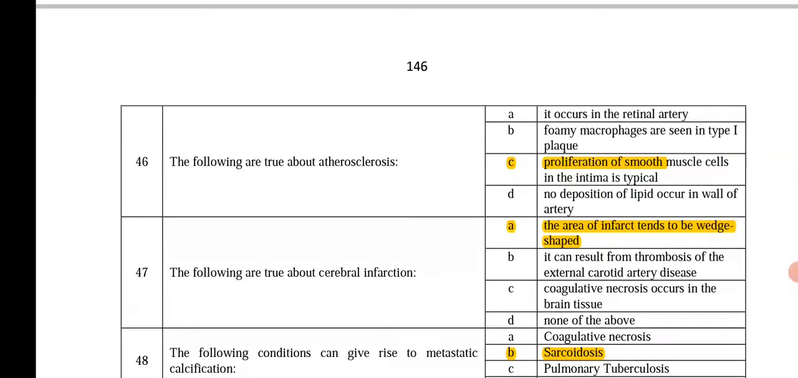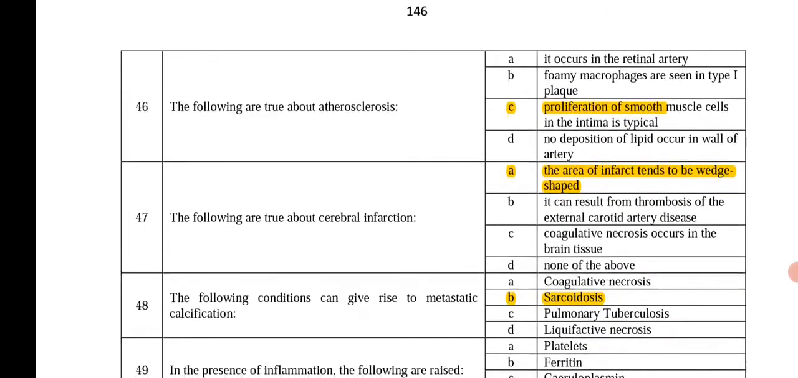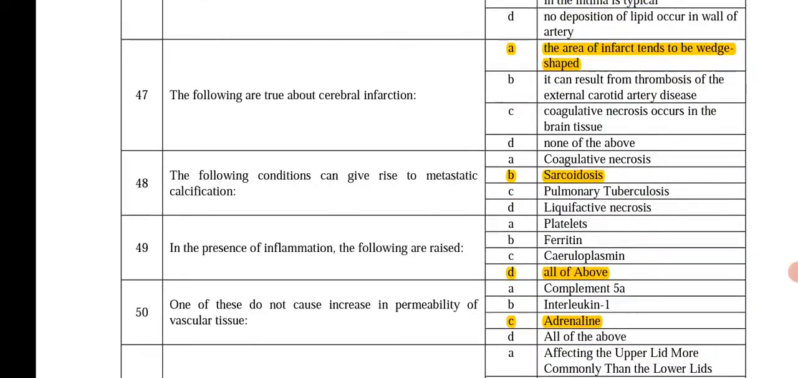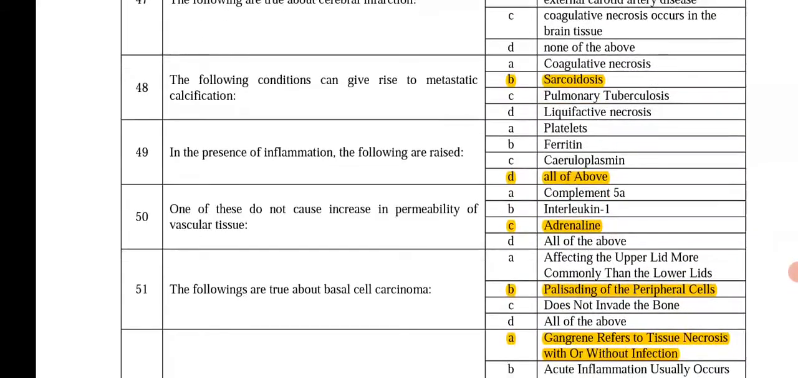Following are true about atherosclerosis. Proliferation of smooth muscle cells in intima is typical. The following are true about cerebral infarction. The area of infarct tends to be wedge shaped. The following condition can give rise to metastatic calcification,